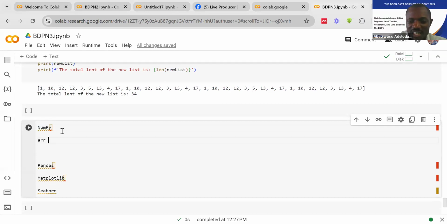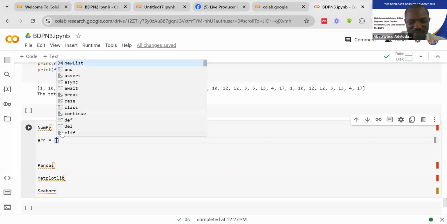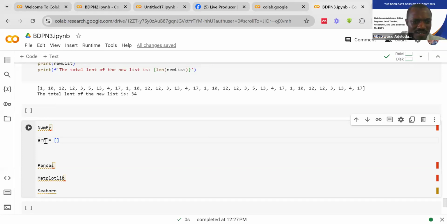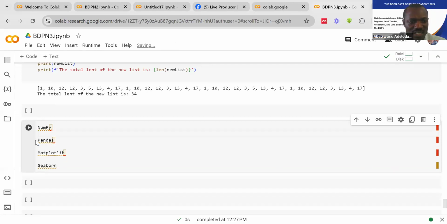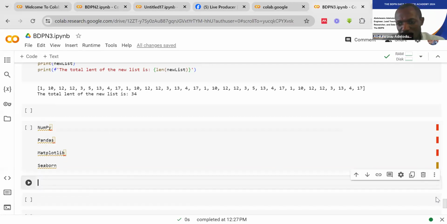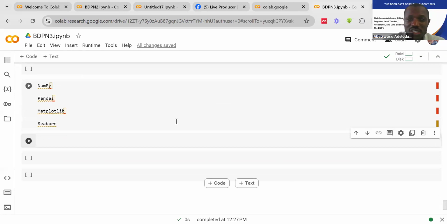Let's say array is just going to be like a list. Let's have a list 1. Let me quickly run through them. Please, let's spend the next 5-10 minutes so that we understand what we are supposed to do today. It's a continuation of what we have been doing. So let's have array list